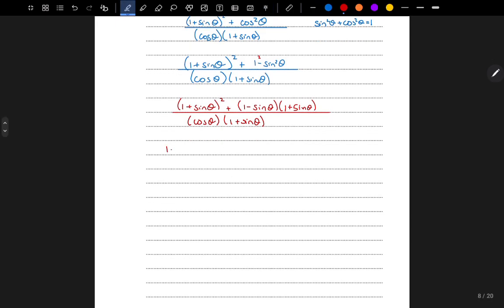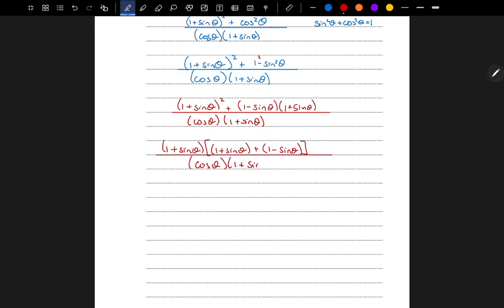This will give us 1 plus sine theta, and this will leave us with 1 plus sine theta, which is from this term, and the other term will give us plus 1 minus sine theta. This will be upon cos theta